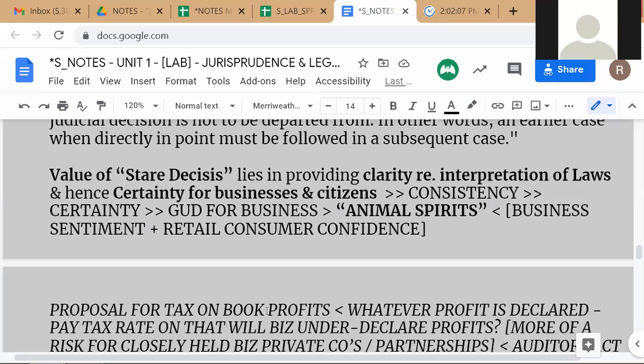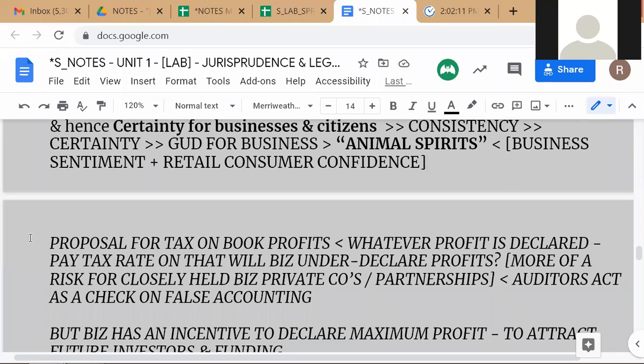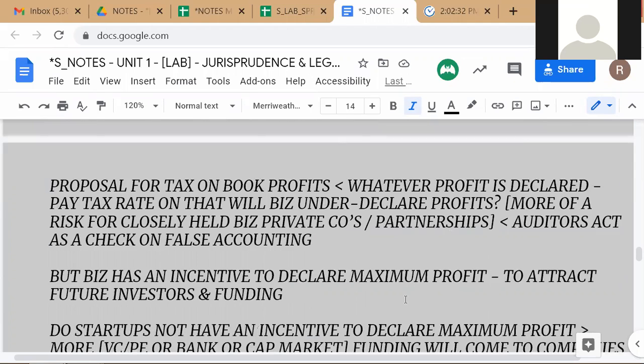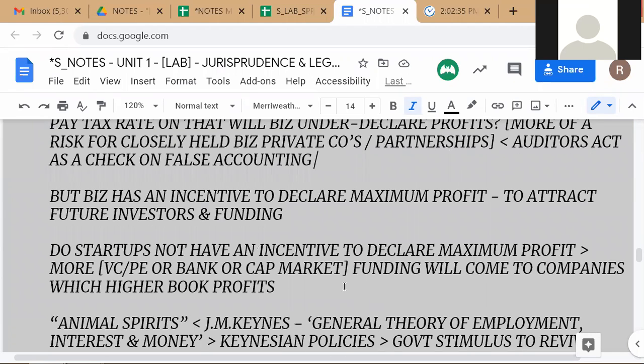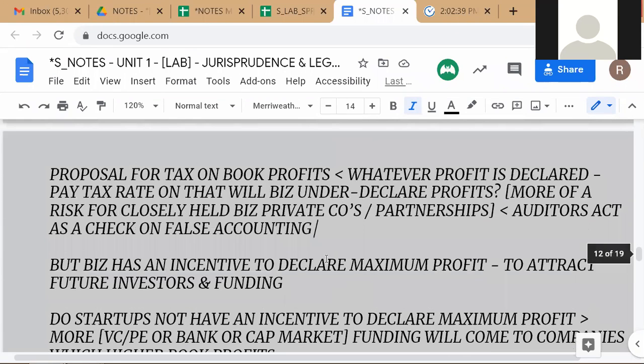What we had discussed in this context, briefly, is that in India we have a very complicated tax code. Harish Salve, a very famous lawyer, and many other people, have suggested a tax on book profits to simplify the tax code. One of the proposals is to simplify the Indian tax code, because right now a lot of the disputes in taxation are related to, it's a useful thing to understand because tax law is,